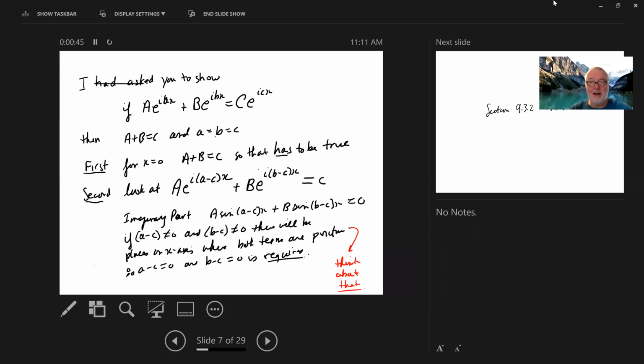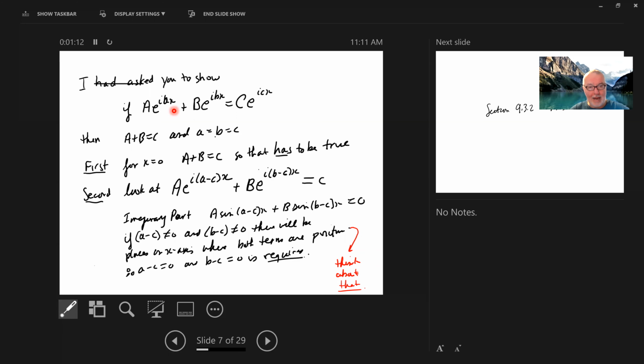Okay, so I'm starting to get the hang of this, I think. So, in a previous lecture, I'd asked you to look at this relationship here, which is just a constant times e to the i a x